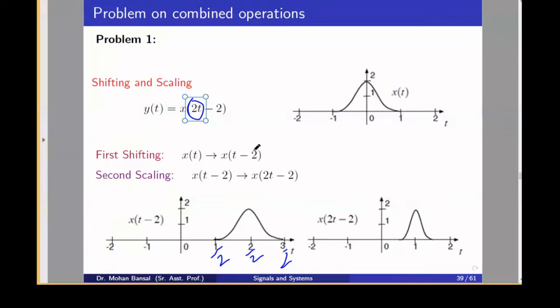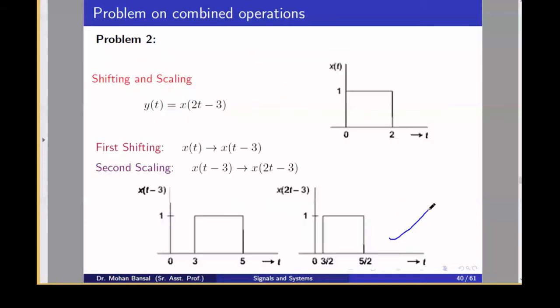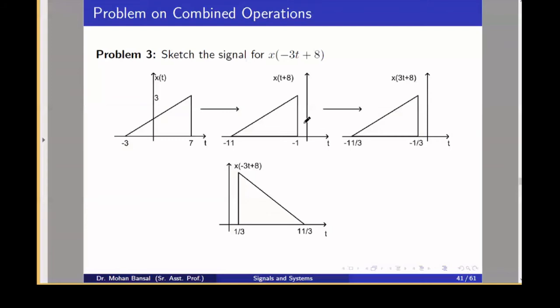Time shifting and scaling. If we write x(-2t-2), then this signal will be folded to the reverse side. So the signal will be plotted like this, in the case of -2t divided by -2. Okay. Now 2t-3, same thing we will do. Shift by 3, scale by 2, and you will get this kind of operation.